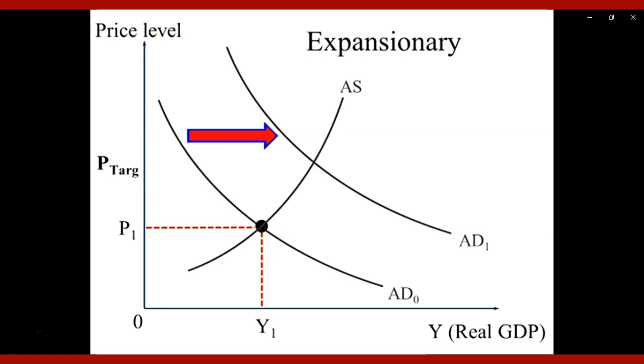Aggregate demand has risen. Businesses realise we need to increase production to satisfy this higher demand. They increase production. But in increasing production, the cost of each additional increment of output rises. Marginal costs increase. Firms need to charge higher prices to cover those higher costs. So they charge higher prices. So the price level starts to inch up towards the target, which is the Reserve Bank's aim. Until, if everything goes according to plan, the economy reaches equilibrium at a price level which is the target of the Reserve Bank.